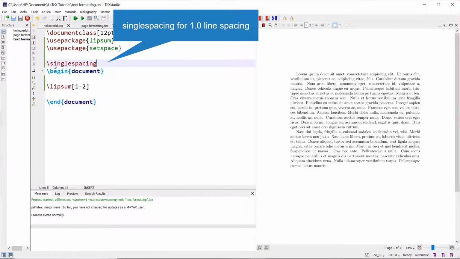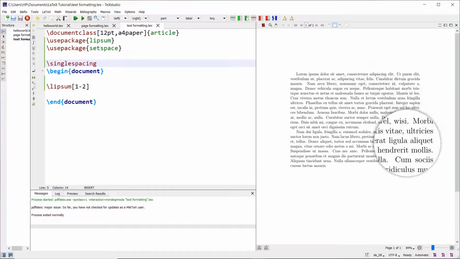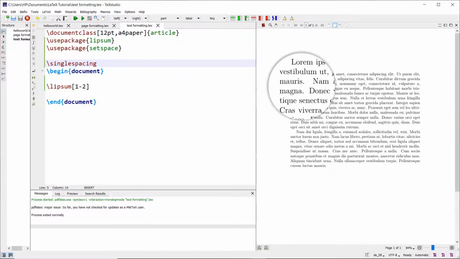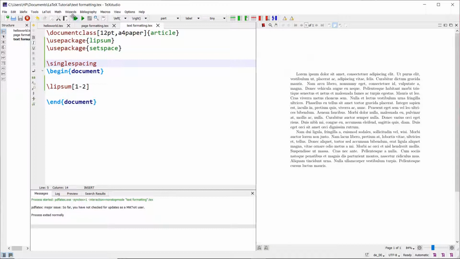When you use singlespacing as a command, it will convert the text of the entire document having 1.0 line spacing option. So let me build this now. You are not able to see any change. The reason is because the default line spacing for a LaTeX document is single spacing.